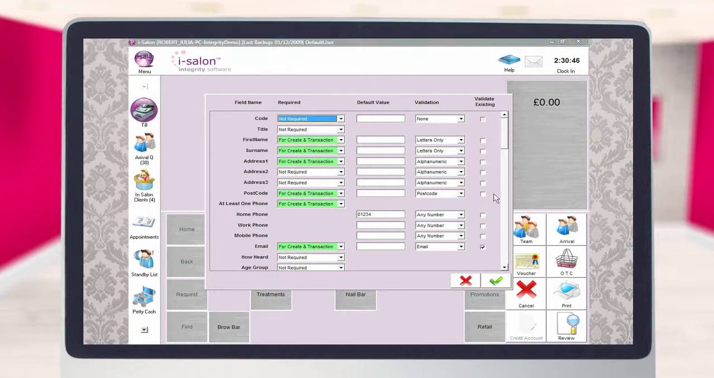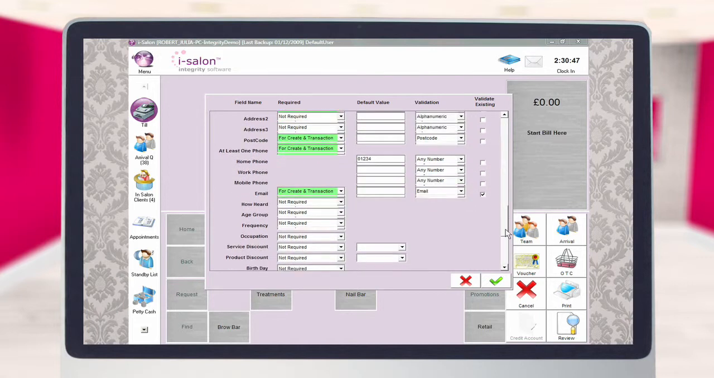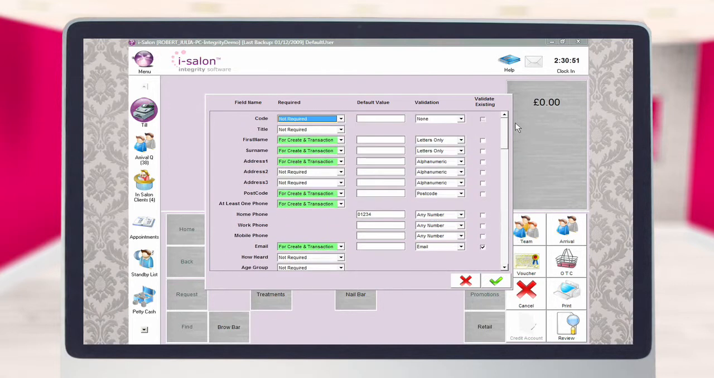You can use a scroll bar on the right hand side of the screen to move up and down the page. The required column is used to indicate at what point the corresponding field should be completed. There are three available options: not required, which means that this field doesn't require completing; for create and transaction, which means that the field must be completed when creating a new client record card, or for existing client records when putting a bill through; and for transaction only, which means that the field must be completed when putting a bill